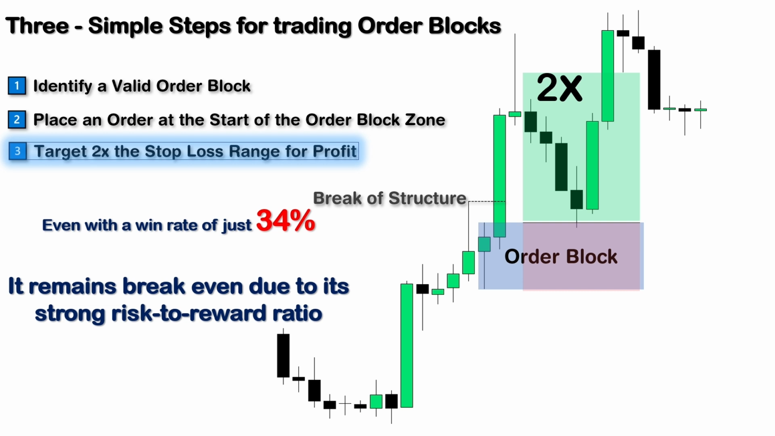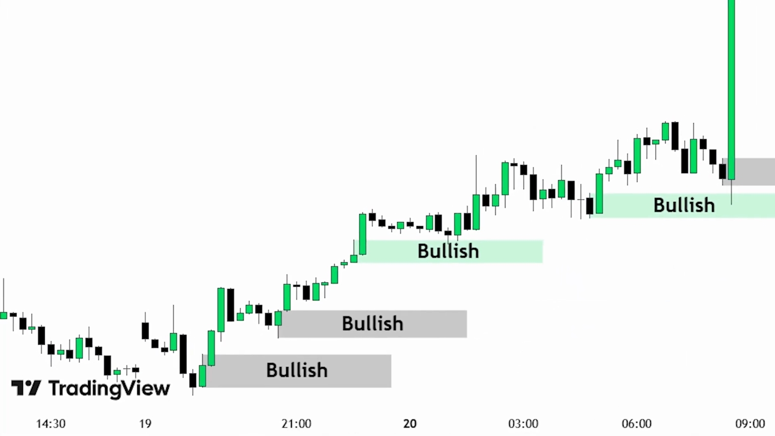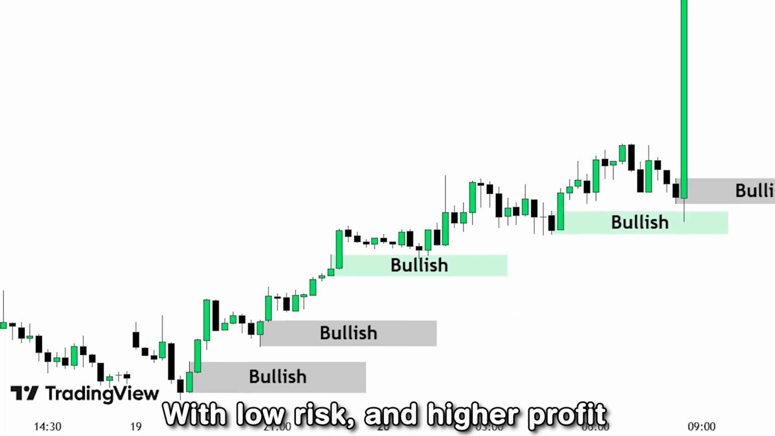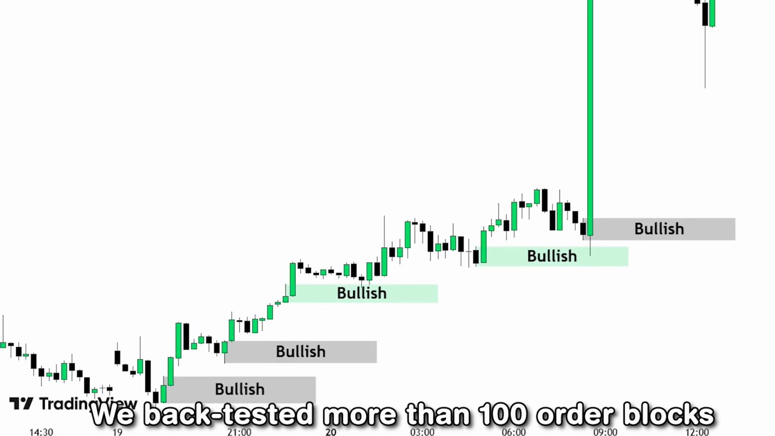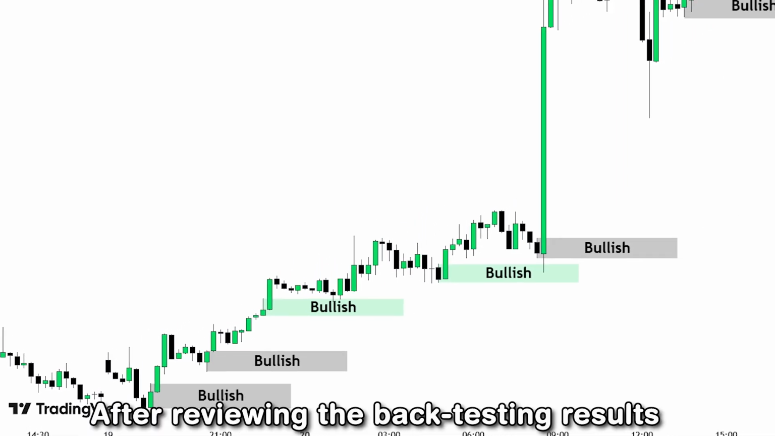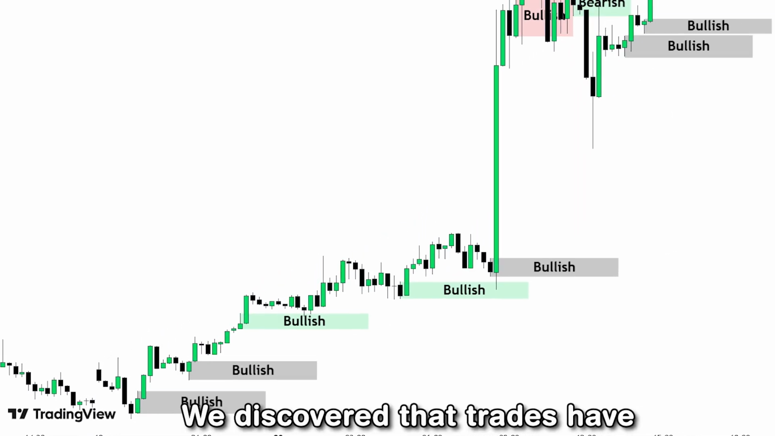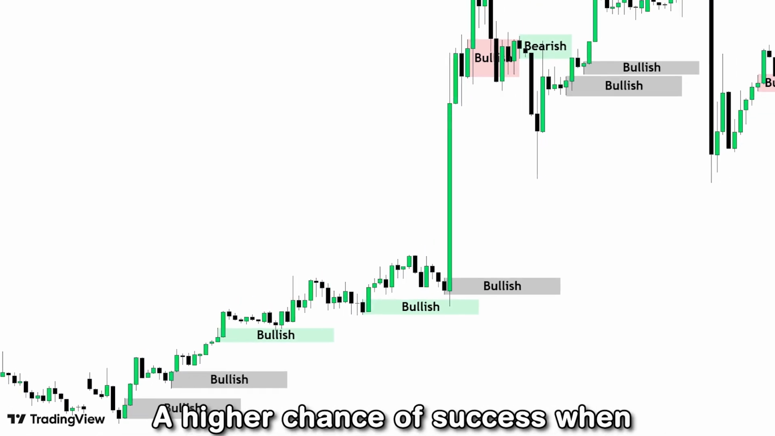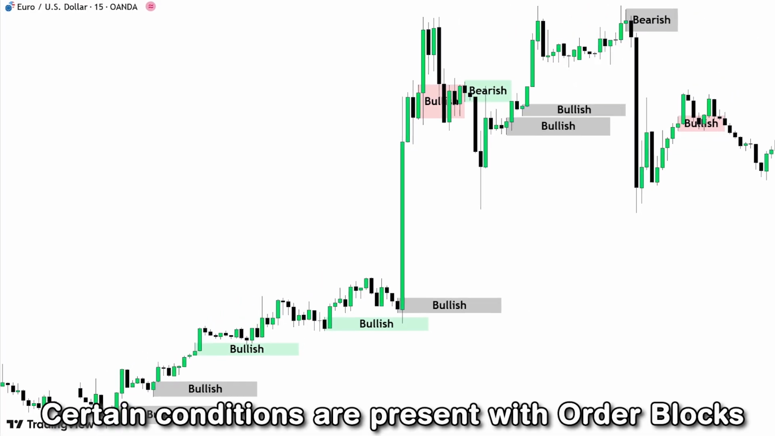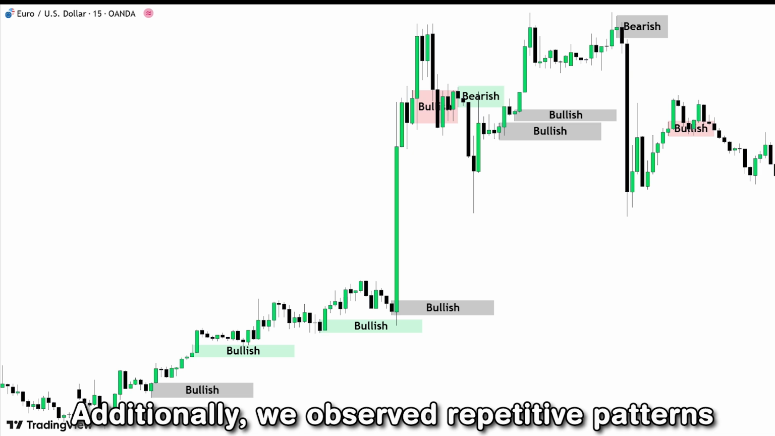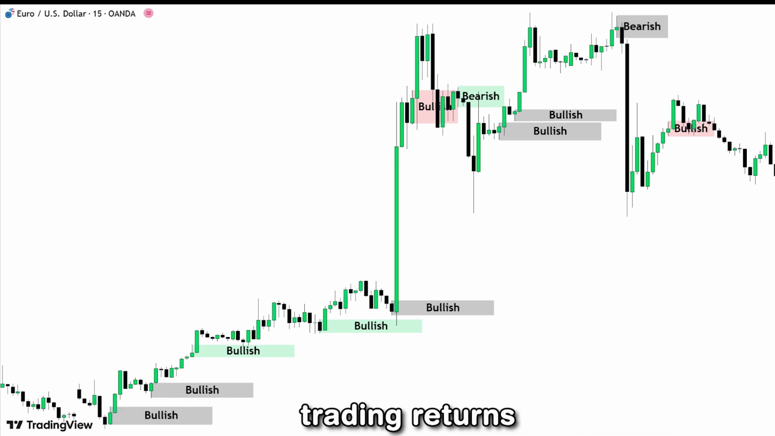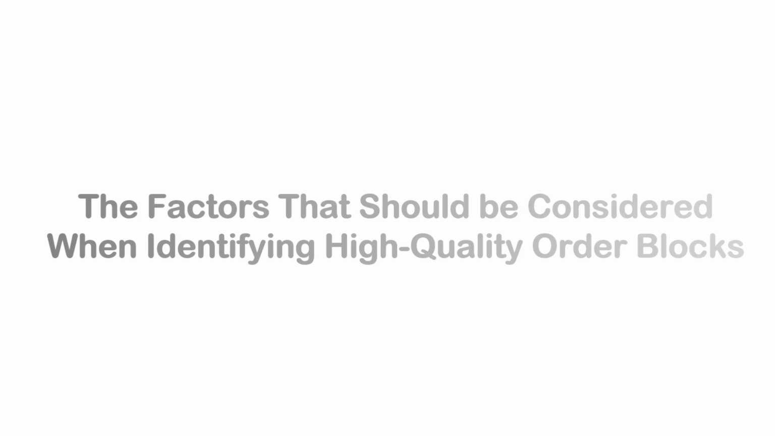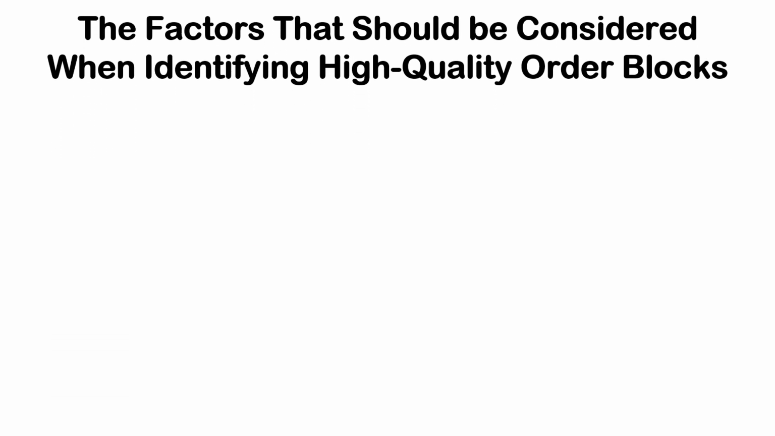However, while this is our simplest method, we have developed an advanced trading strategy that offers lower risk and higher profitability. In order to find order blocks with low risk and higher profit, we backtested more than 100 order blocks. After reviewing the backtesting results, we discovered that trades have a higher chance of success when certain conditions are present with order blocks. Additionally, we observed repetitive patterns on the chart that significantly improved trading returns. So we summarized them in 4 factors that should be considered when